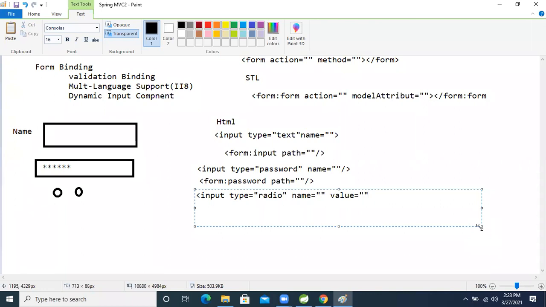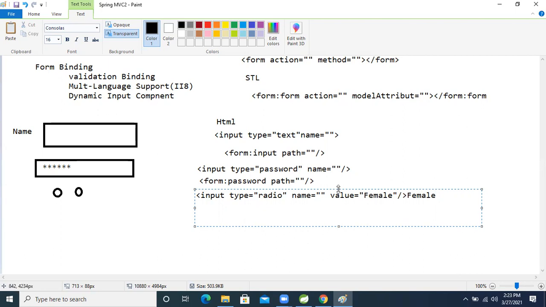In that value we give male or female. Then we close it, and after that we just write female. Like this we write HTML code.